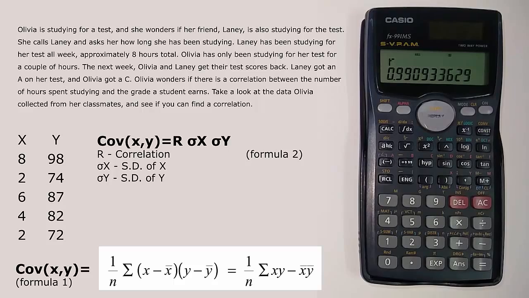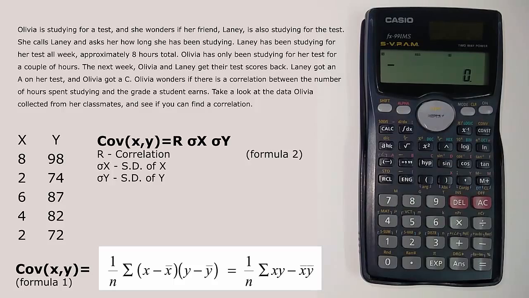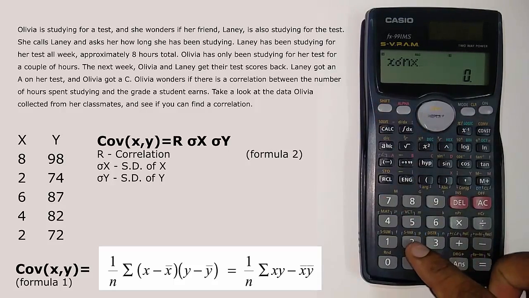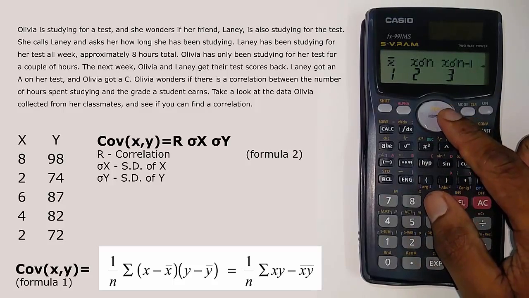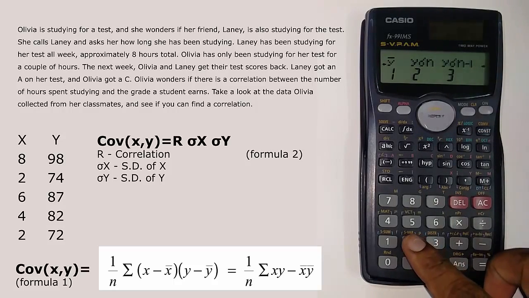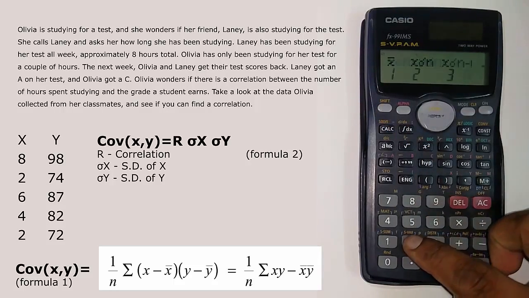So getting back to covariance, as I mentioned, we need correlation, standard deviation of x and standard deviation of y. You already calculated the correlation value, so you have that. Now to get the standard deviation of x, click on the shift button, option 2. This will give you all options related to x, such as mean of x, standard deviation of x, etc. Select the number 2 to get the value of standard deviation of x. Now similarly, to get the standard deviation of y, click the shift button again, select the number 2, click the right arrow once. This will give you all options related to y. Select the number 2 to get the value of standard deviation of y. Now that you've got all the three values, you can put them into the formula as shown on the screen and find the value of covariance.